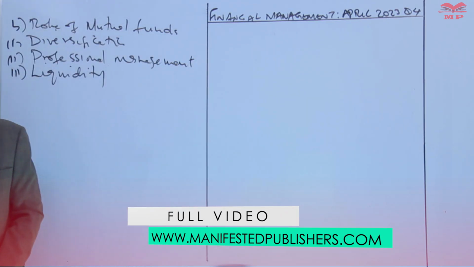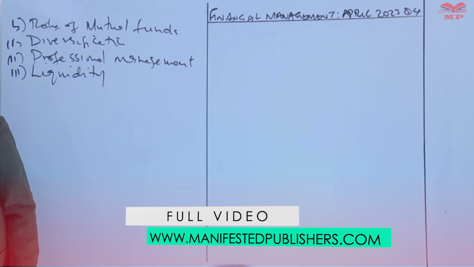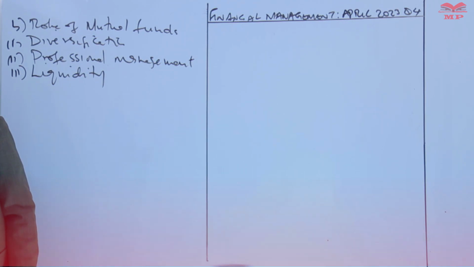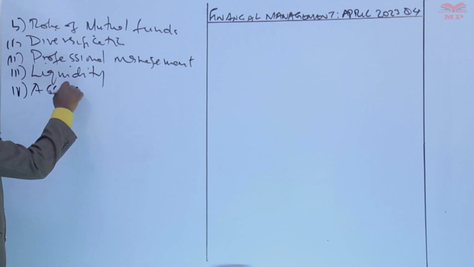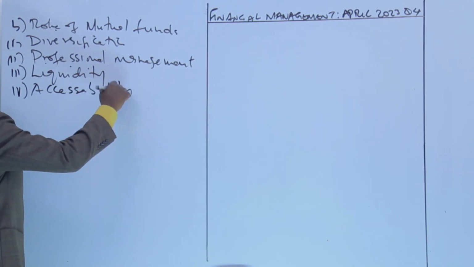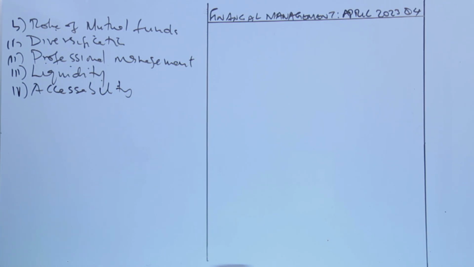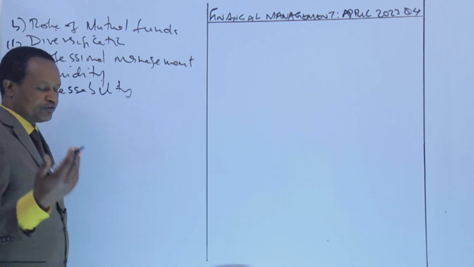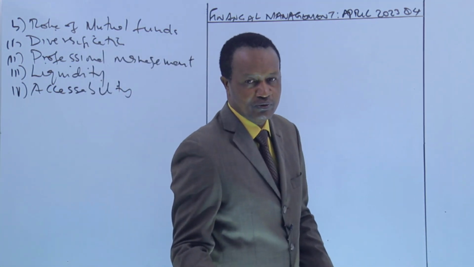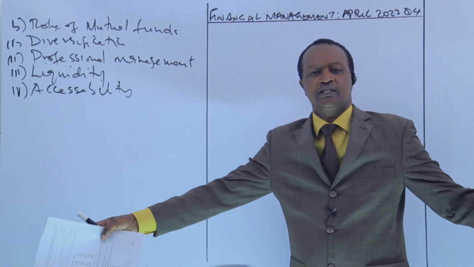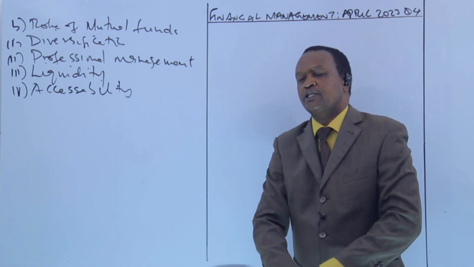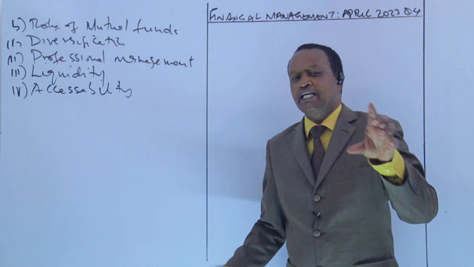Another one writes affordability and accessibility. Affordability and allows individuals with low initial investment. So the key word there is accessibility. Just say first of all, accessibility. Mutual funds provide an affordable way for small investors to access a wide range of financial markets and instruments that would be otherwise difficult to invest in individually,